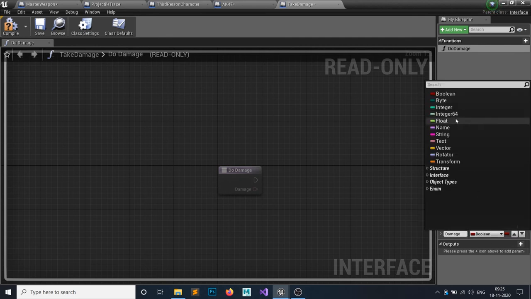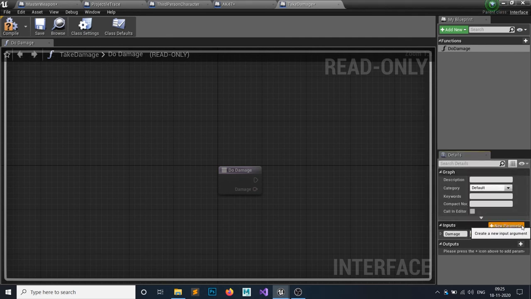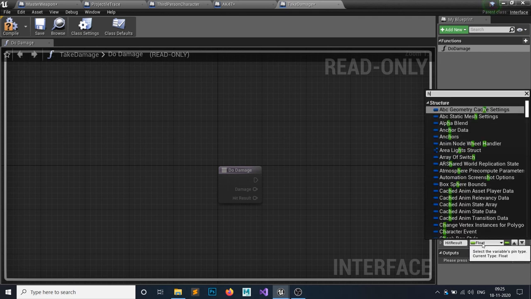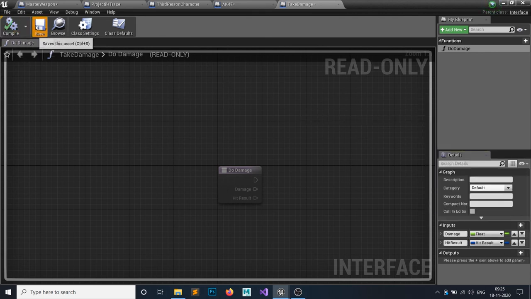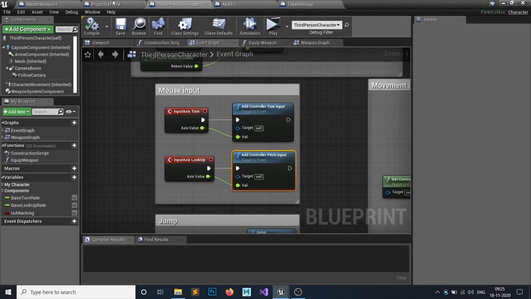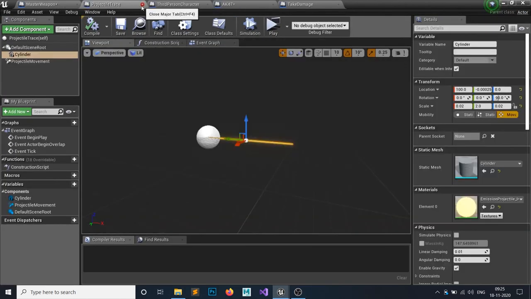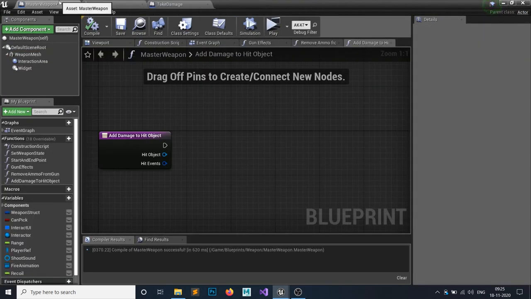This would be a float, what type of damage it did, and the second one is hit result, because you might need the results. So let's just call out all the hit results. So if you need a bone or anything else, you can simply drag a node from that. Okay, we don't need this guy and this one. Okay, so let's call out this function.